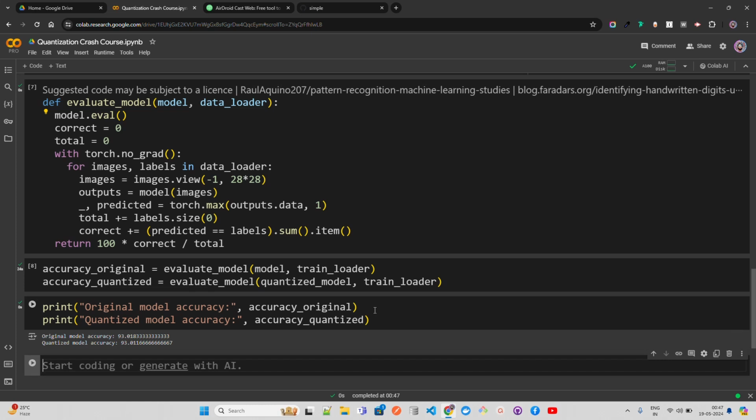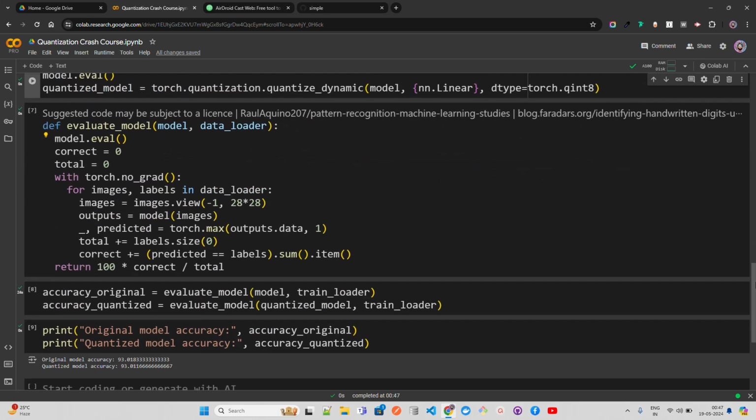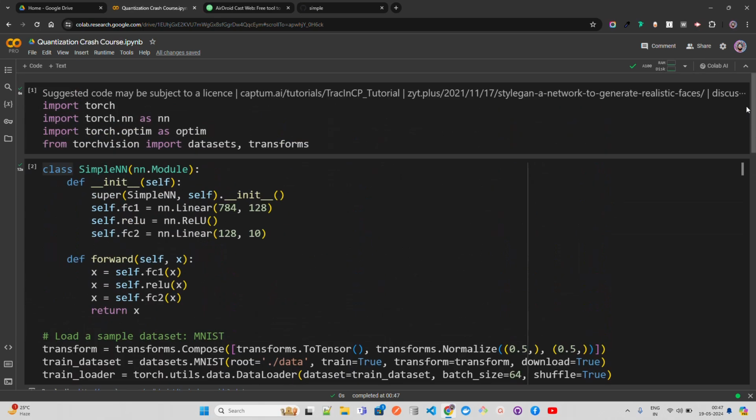And you can see it says original model accuracy, and you can look at the model accuracy and the quantized. There's not much of a difference. As you can see, it's pretty much the same. And this is a very simple feed forward neural network where what you did is use torch.quantization.quantize_dynamic. So on dynamic, we are looking at the linear layer and then just getting it into Q8, so from floating point to int, a lower precision number, and then you can see just how we did it. Now this is a very simple thing.